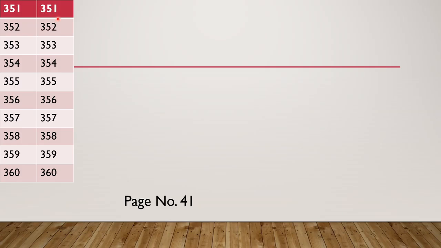351, 351, 352, 352, 353, 353, 354, 354, 355, 355, 356, 356, 357, 357, 358, 358, 359, 359, 360, 360. Next row is